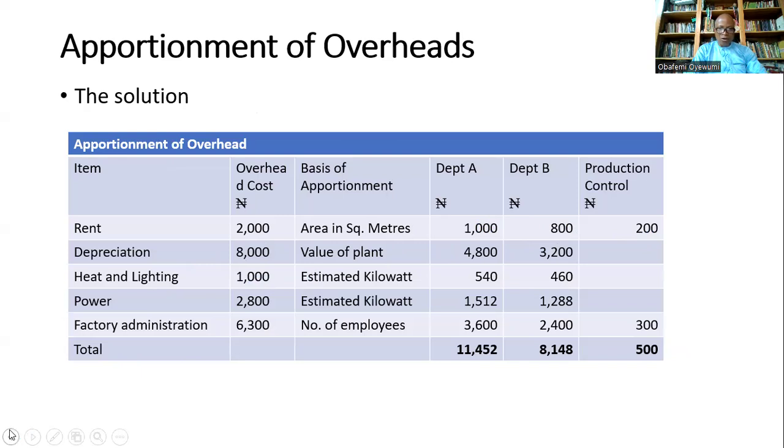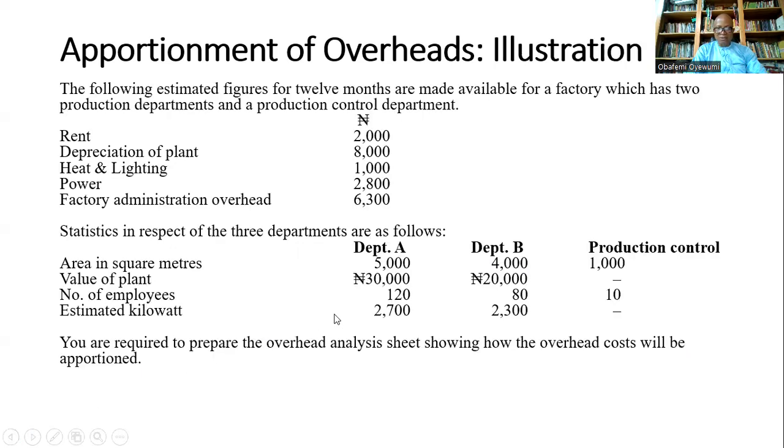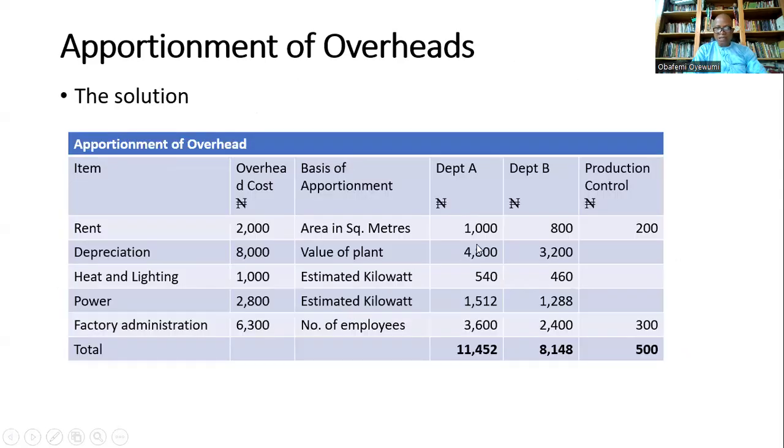So you do the same thing for depreciation. When you know the value of plant given to us, 30,000, 20,000, that's 50,000. So 30,000 over 50,000 will give you this figure, and then the same way you also have this particular figure here, 20,000 over 50,000. So you multiply by the overhead cost, and then you share it accordingly. So that's the way to go about it. At the end of the day, you have the shared-out overhead that we have here, 11,452